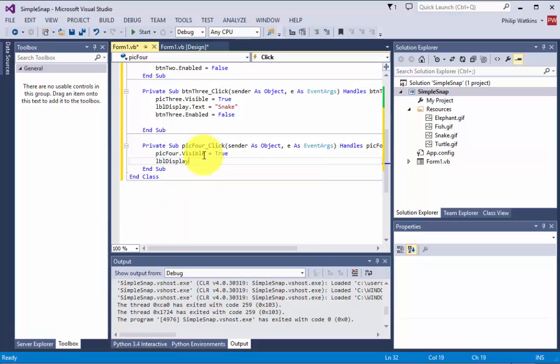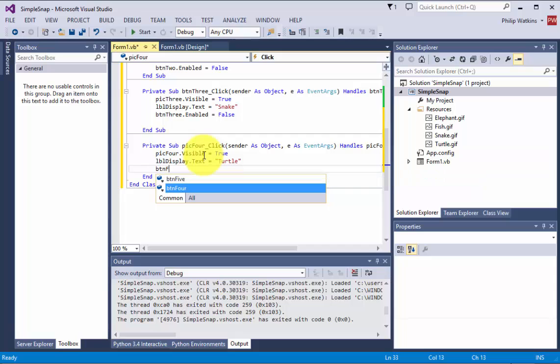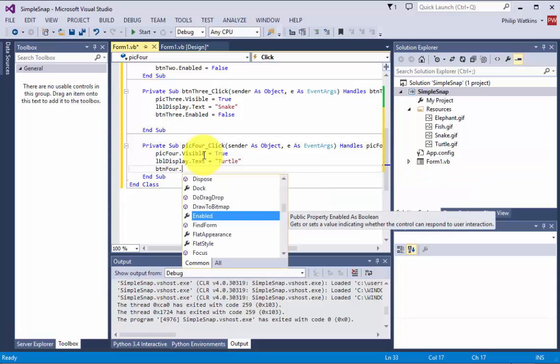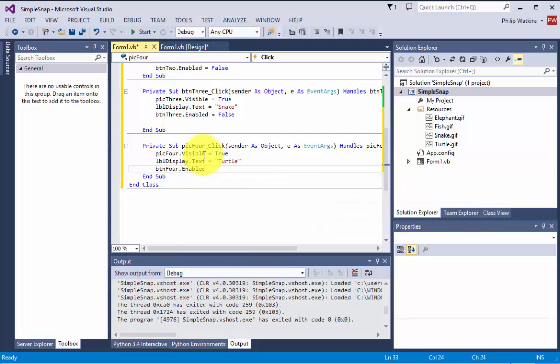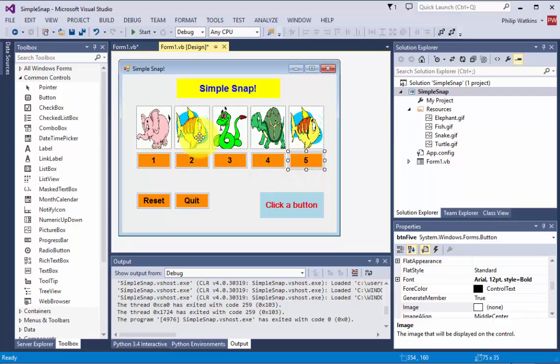Label display dot text equals turtle, and button 4 dot enabled equals false. And then finally button 5 will have the same code as button 2,